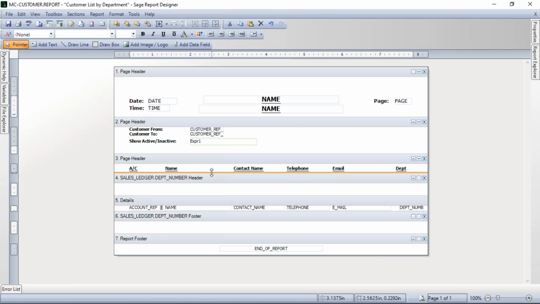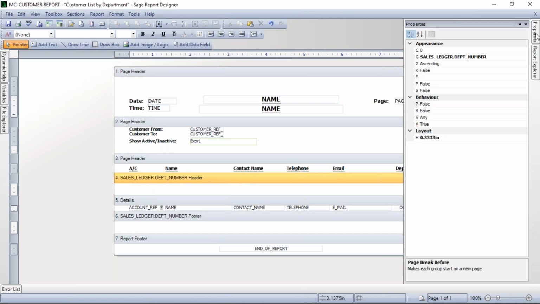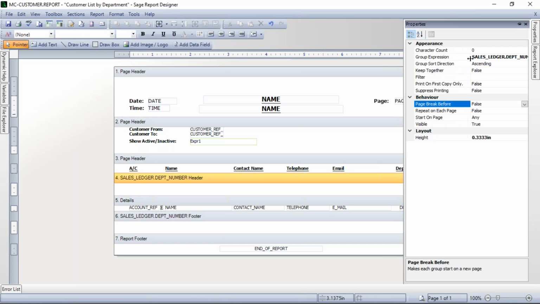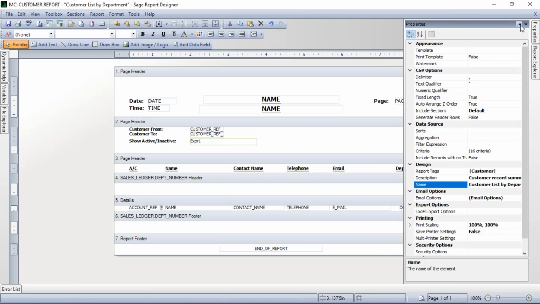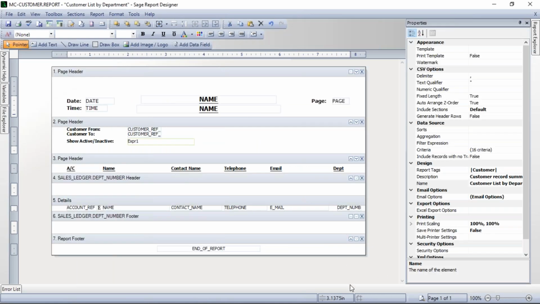Obviously, if we wanted to, we could change it to descending as well, if required. So we'll just highlight this section as an example and go into the properties. So there is a divide on this one. And by highlighting this sales ledger department number header, we can see in here we've got the group sort direction. So if, for instance, I wanted that in descending order, change it, just collapse that back to the side there,